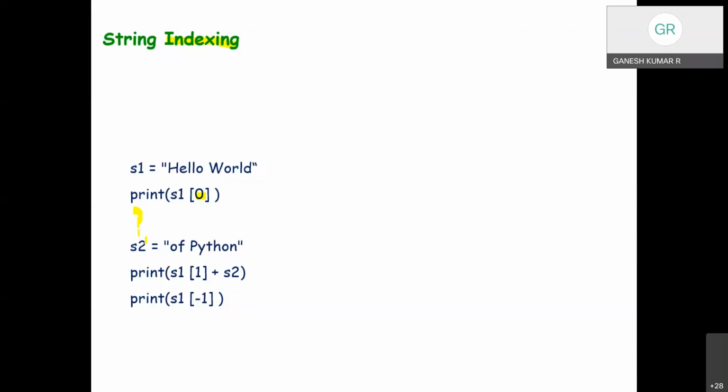Assume the next string is Python. Now print S1 of 1 plus S2. Concatenate two strings, S1 of 1 and S2. What will be the output? Any guess?